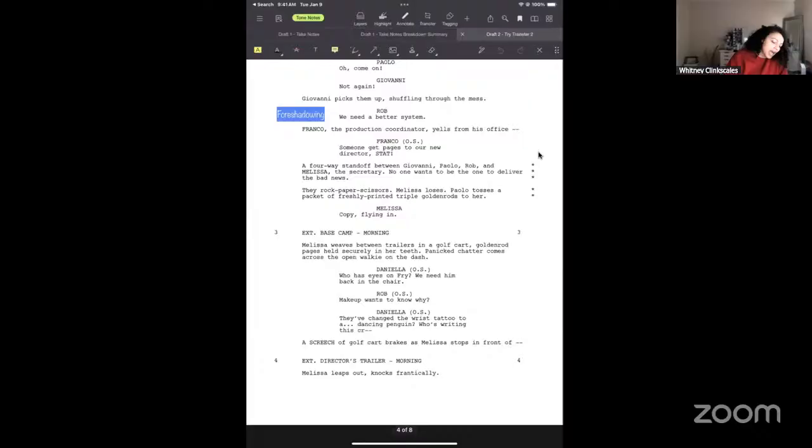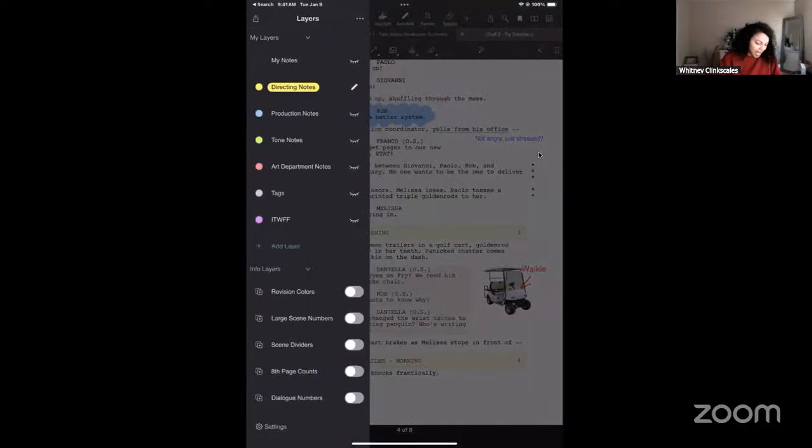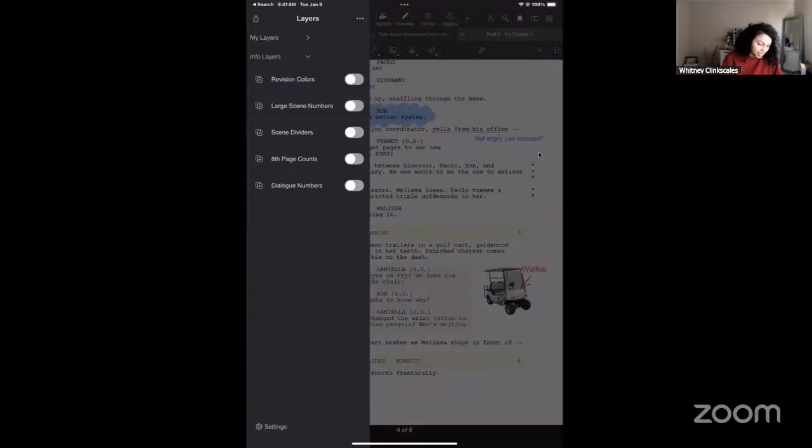So if I come out into my directing notes layer, we now have a new feature called info layers. So if I click layers, at the bottom here, you can see that I can now toggle on revision colors. I can toggle on large scene numbers, scene dividers, 8th page count, and dialogue numbers. This is what that looks like. So if I toggle all of these things on,